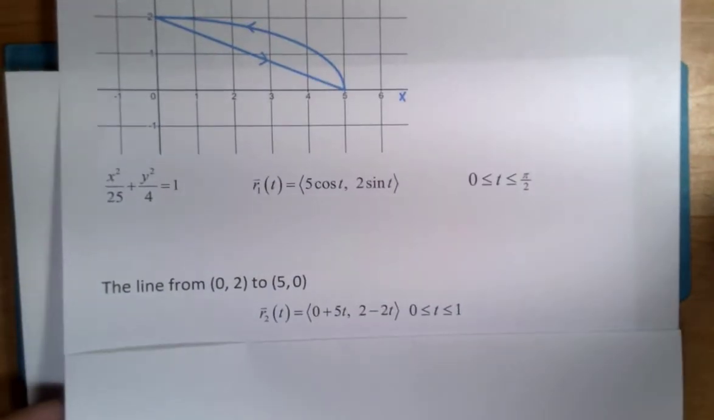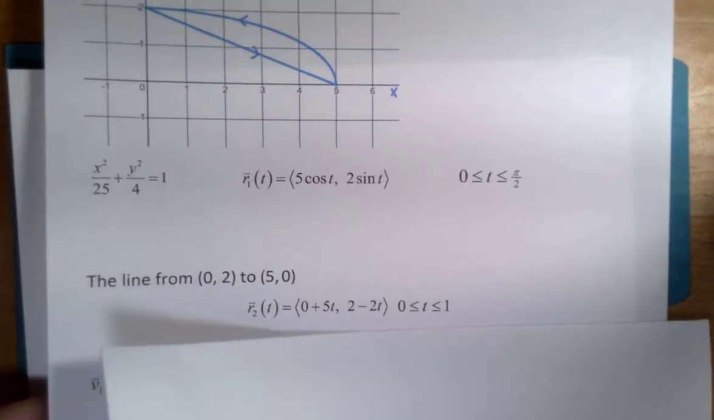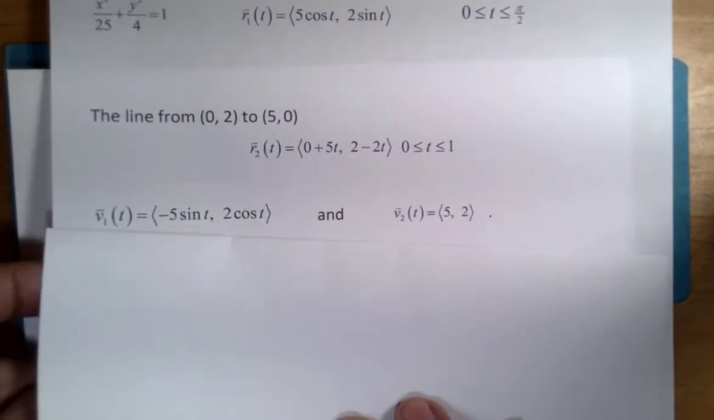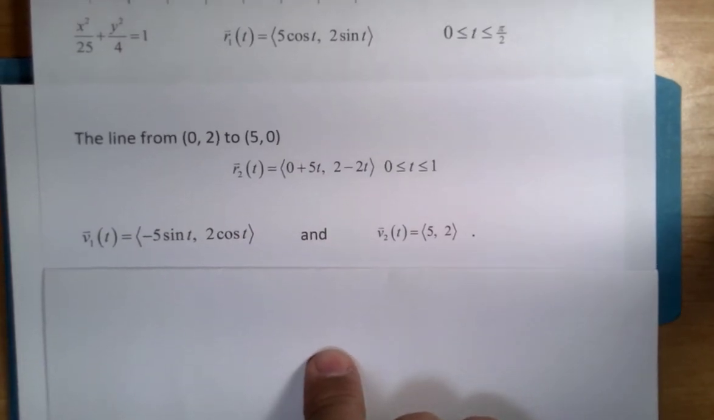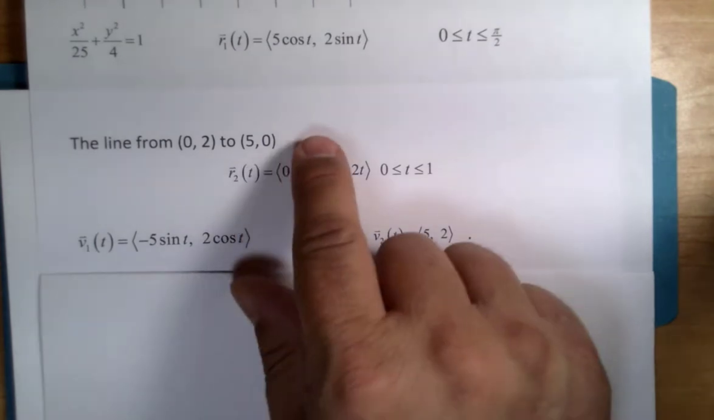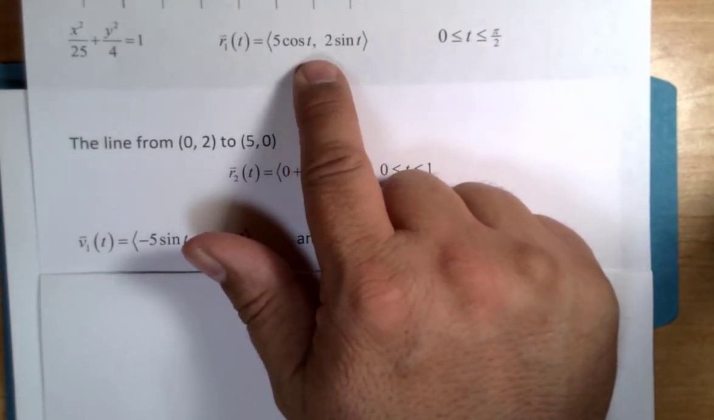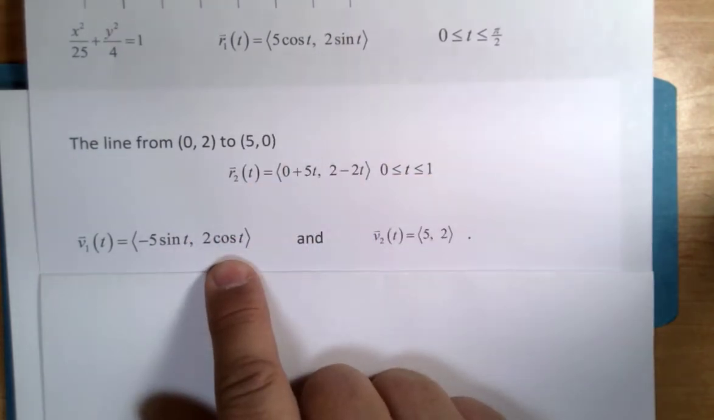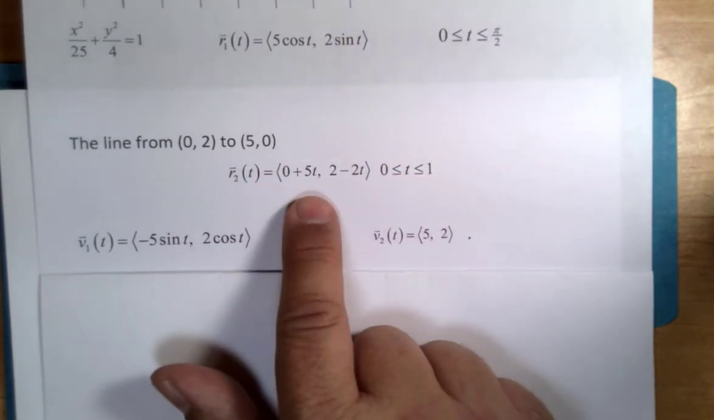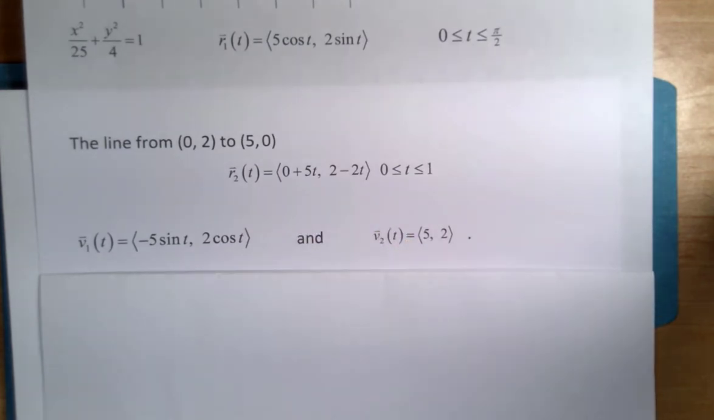Now, in order to do line integrals, we also need the velocity vectors of these two vector-valued functions. The velocity vector for this would be -5 sine t, 2 cosine t, and the velocity vector for the line would be 5, oops, I see a typo,